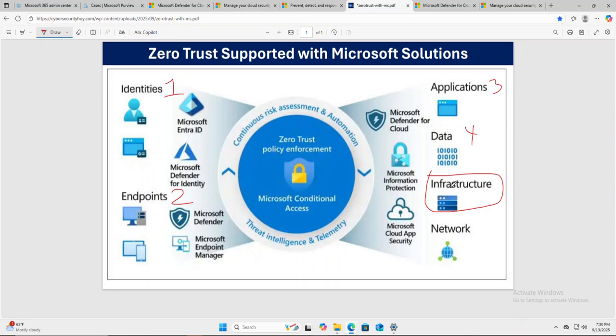Now, remember, most of what we're going through is the solutions that are available. The how, there's a lot of stuff that goes on behind the scenes. As I said, zero trust is a journey. Some companies take years for all these things to be implemented. If you have a small company and you have the budget and you want to do this, yeah, you can do this in months. So it all depends on the complexity and the different workloads that your company uses. But anyway, next we are going to cover the network, the last pillar of this zero trust journey